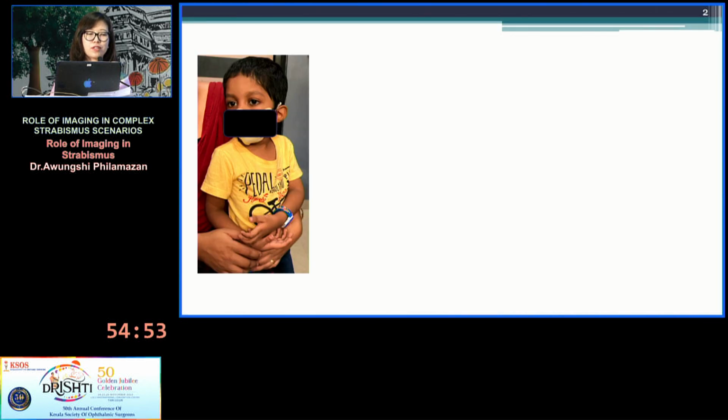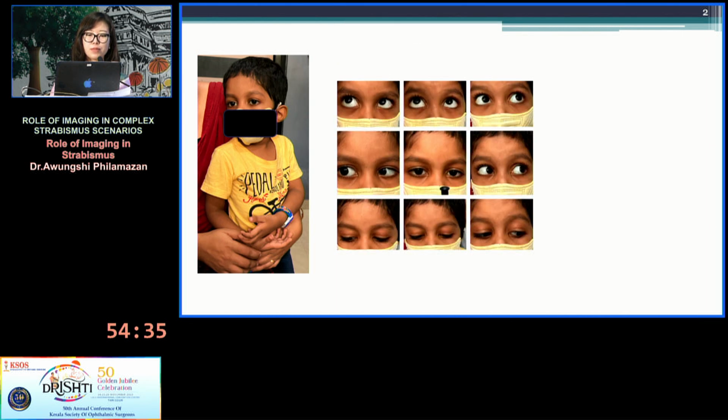I would like to begin by talking about this patient of mine that walked into my OPD last year with the complaint of occasional face turn to the right side. The mother says that for the past 2 years, the child has been very clumsy and falls down a lot while playing. This was how the child was sitting in my OPD. On examination, the child had mild limitation of abduction of the right eye, and the child was not cooperating for PBCT, prism test. On account of the acute onset of strabismus, I sent the patient for neuroimaging and pediatric neurologist's opinion,